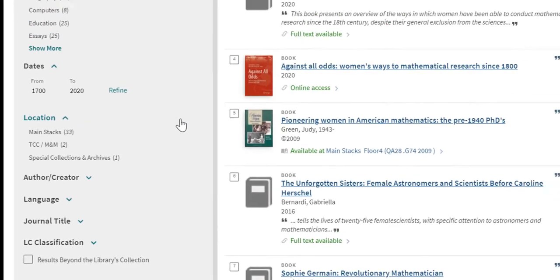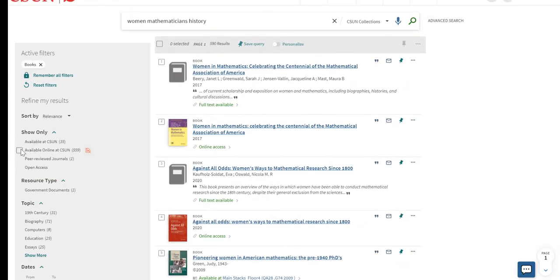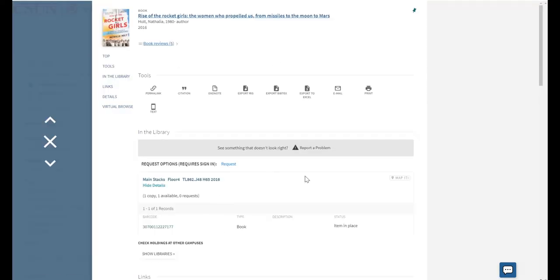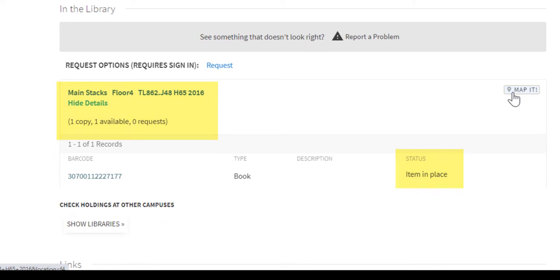If you click on the clear box on the left-hand side, you can apply these filters all at once and can choose to either include them or exclude them from the search. Then select Apply Filters. Once you find the book you're interested in, click on the title for additional information. If you choose to get the book yourself, note the floor, call number, and item status.